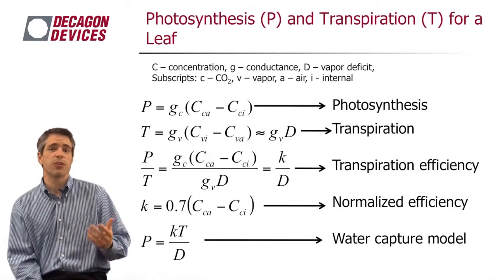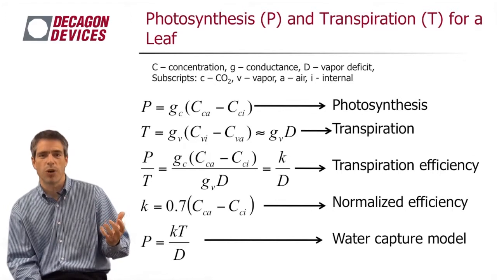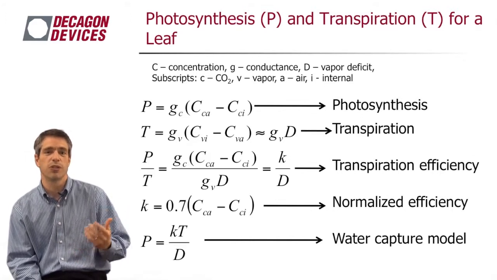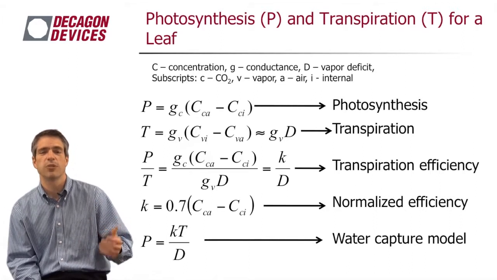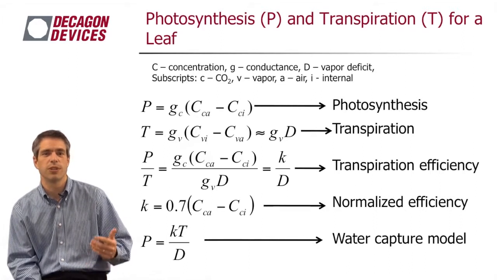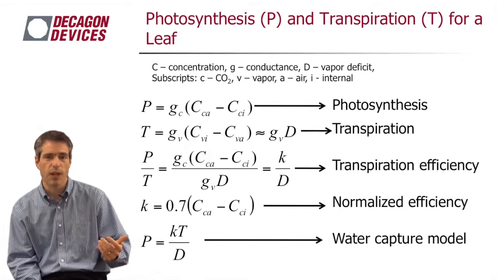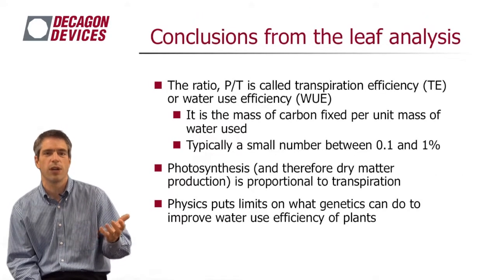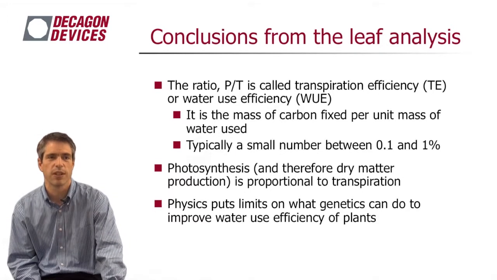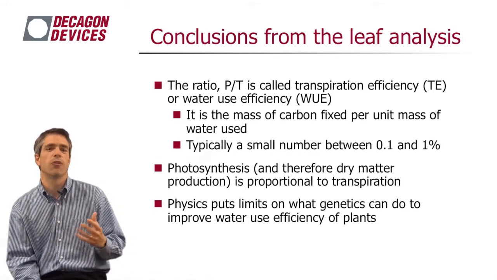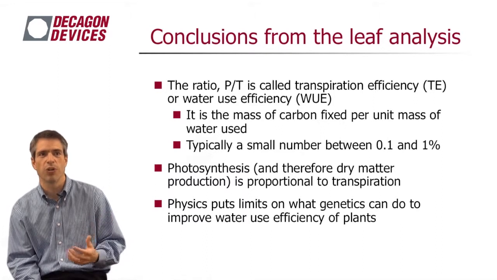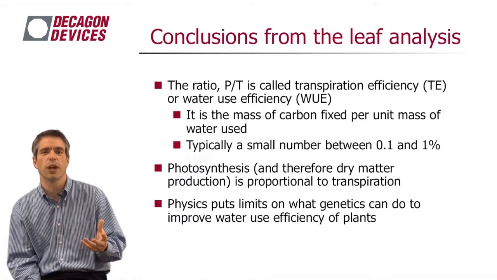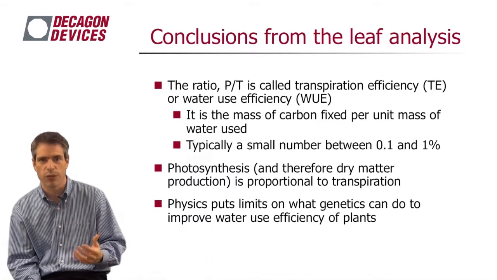Now we can come up with a rather simple water capture model that says that the photosynthesis is related to this normalized efficiency times the transpiration times this vapor deficit that we talked about. So now let's jump in and talk about some of the things that we learned from this. The first thing that we know from this simplistic model is this ratio. The P over T is called the transpiration efficiency,